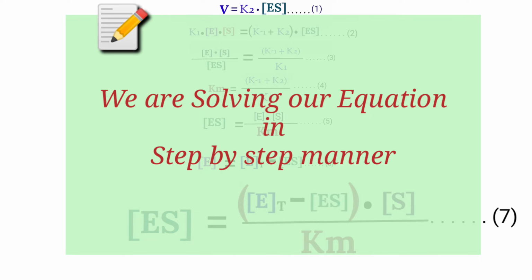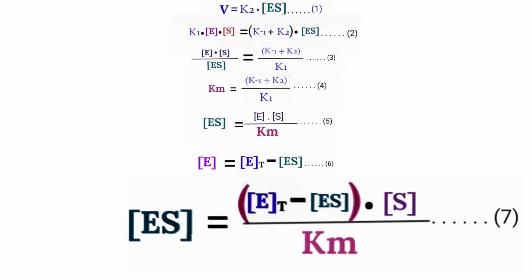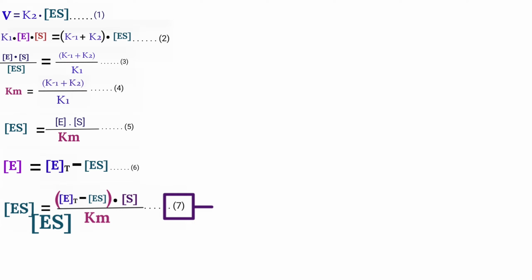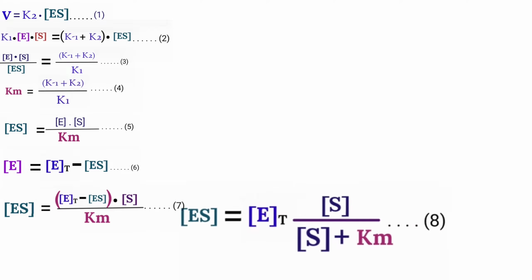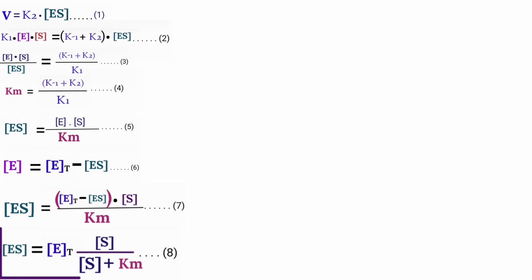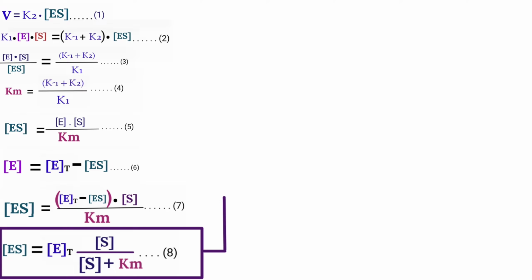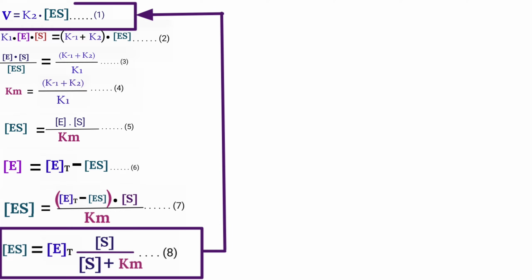Each equation is dependent on the previous equation, and after solving equation number 7, we will get the enzyme substrate complex concentration equal to the total enzyme concentration in the numerator times substrate concentration divided by substrate concentration plus Km, which is our equation number 8. So we have reached equation number 8, and by putting our 8th equation in